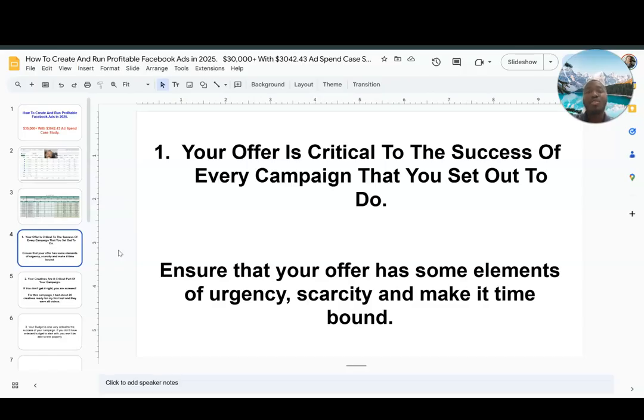If you don't have a solid offer that you're selling, you most likely wouldn't make a lot of money from it. So your offer is critical to the success of every campaign that you set out to do. And this means that you need to infuse some elements of urgency, scarcity, and as much as possible, make your offer time bound. Of course, a very critical part of your offer as well is the pricing,